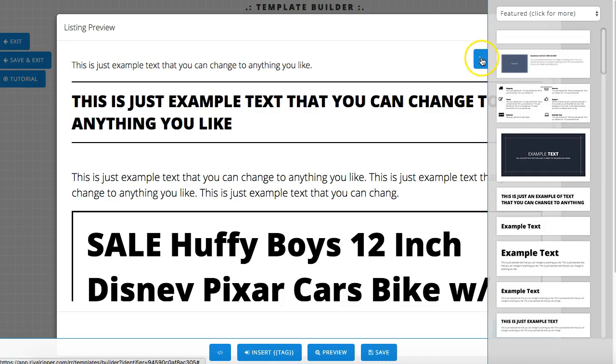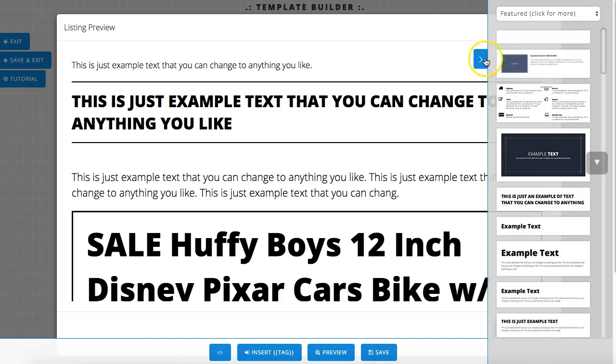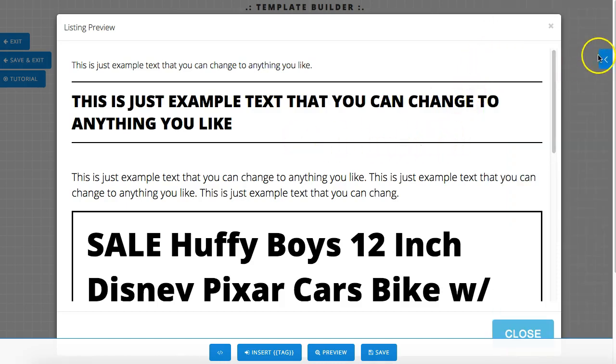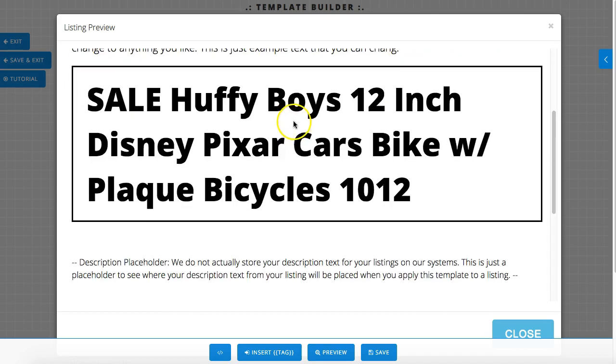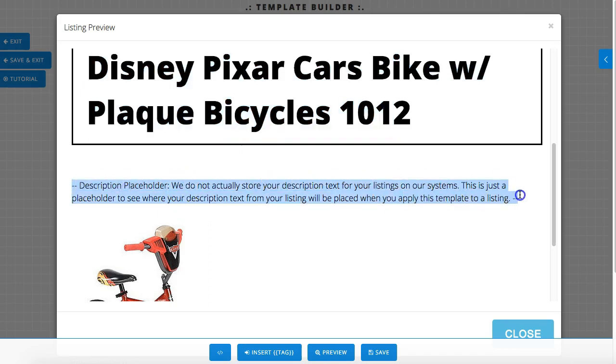So if I click this little blue thing here, I can hide the snippets, and if I want to reopen it, I can click it again. So to preview, I can hide that for a moment while I look at my template. And so here's my title that got entered in. And yeah, so this is just a placeholder. So this is where my description will be. But since I'm just doing a preview,